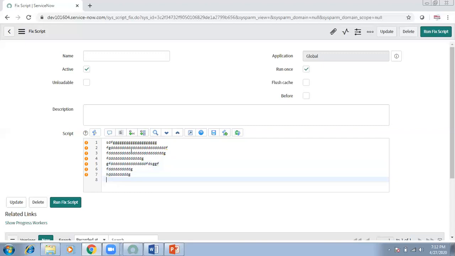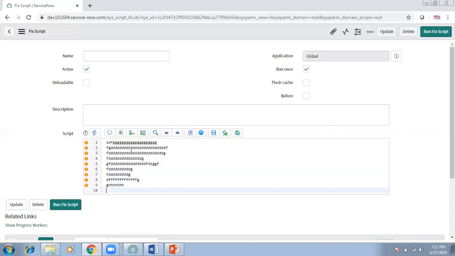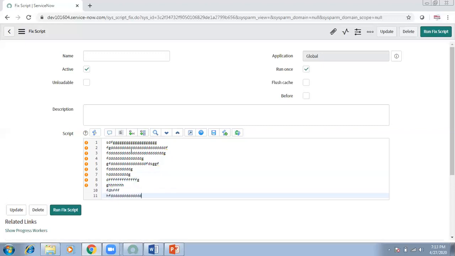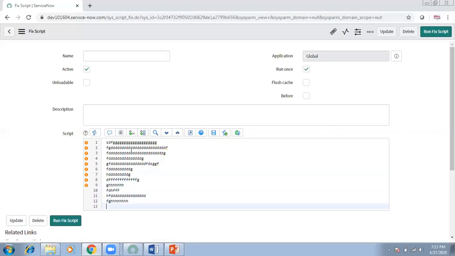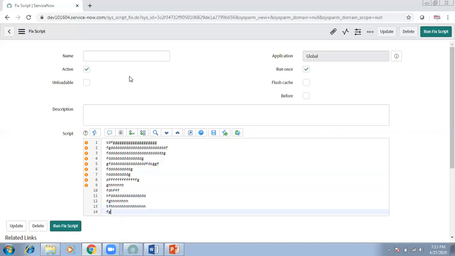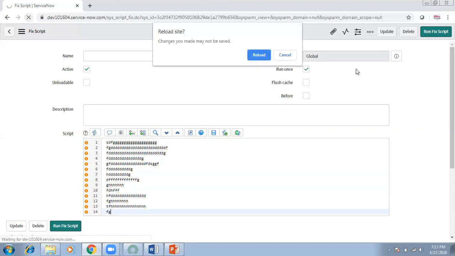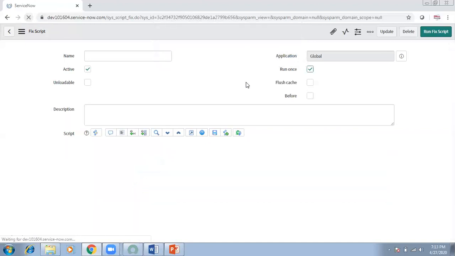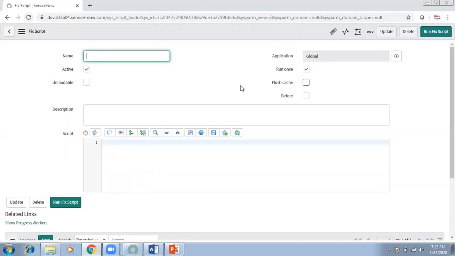So there is one requirement where we need to send a notification to some users on a demand basis. How did we achieve it? Using a scheduled job. He changed the time, and he ran that script at that time, just in the next 1 minute, instead of using a fixed script.